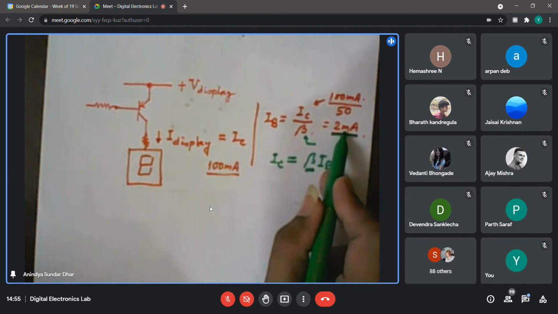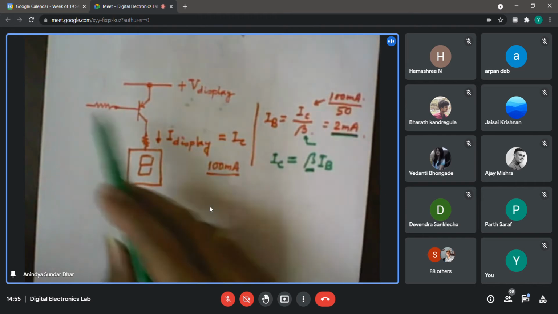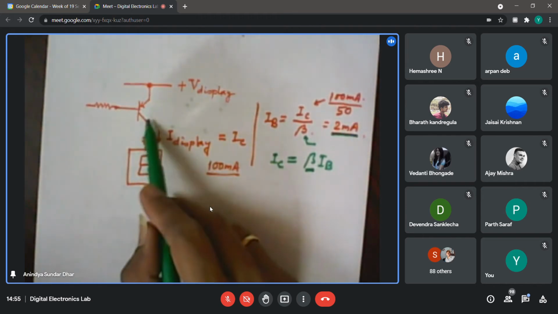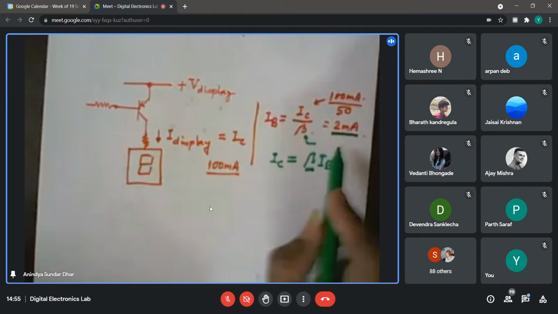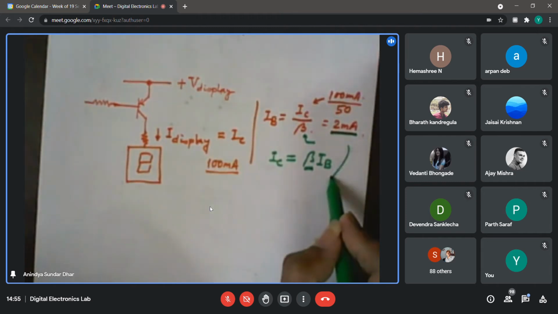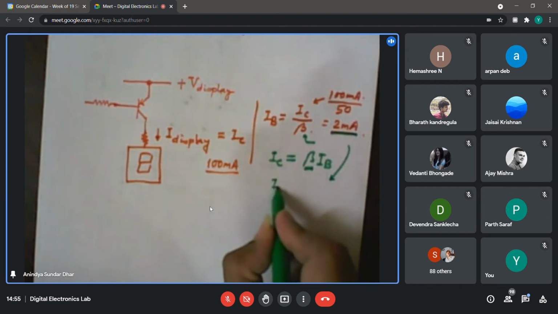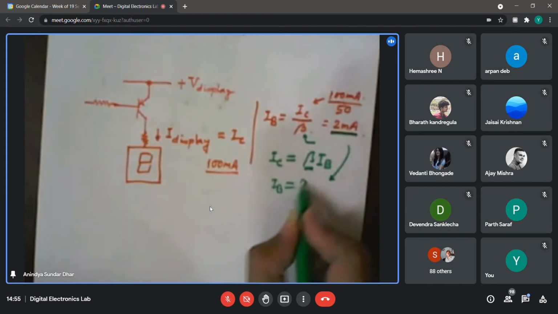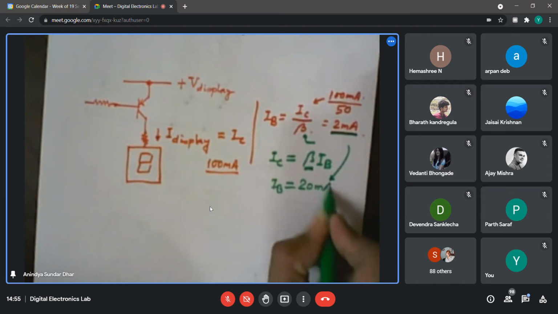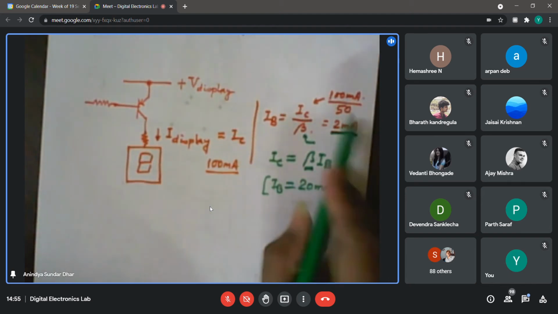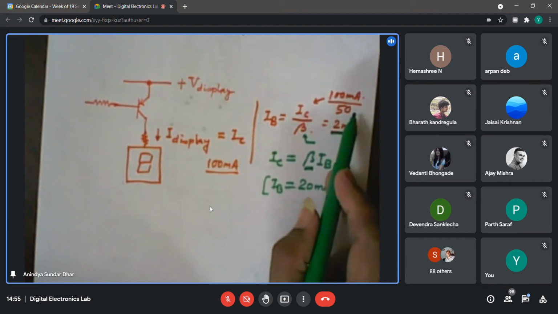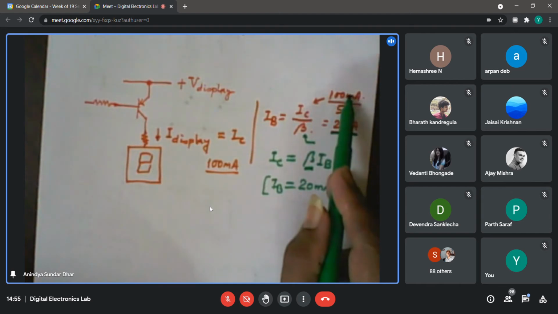So in that case, what will happen? This 2 milliampere, what I am getting, is the lower bound of the current that is required to keep that one in saturation. So as a factor of safety, or because of other things, suppose temperature changes, beta value changes, etc. I may say that, okay, if I apply an IB 10 times of that, suppose 20 milliampere, then theoretically, if I use the same 50 as the beta, though it will not be in that case, it should be 1 ampere.